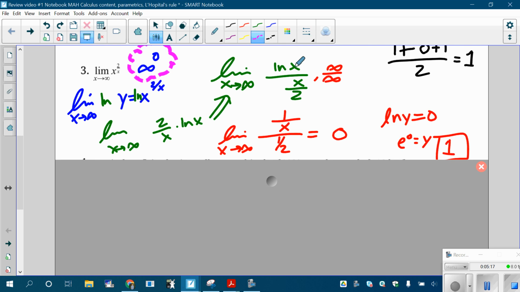You do L'Hopital's. Derivative of the top, derivative of the bottom. Do direct substitution, you get 0. Please remember that 0 is not bad. 0 is just the answer. Like if you do direct substitution and you get 0, then your answer is 0. Don't forget,